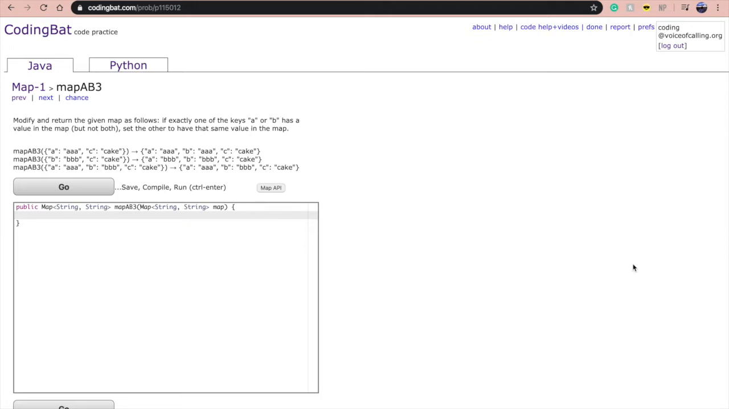So first, we're going to check whether the map contains A, but it cannot contain B as well. So if map contains A and map does not contain B, we're going to put B into the map with the value of A. So map.put